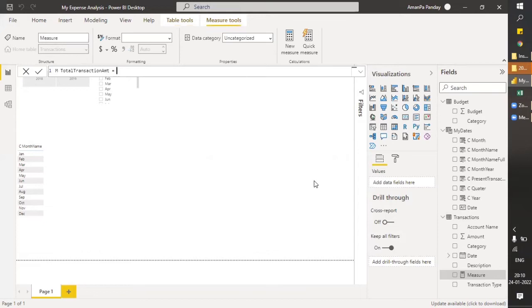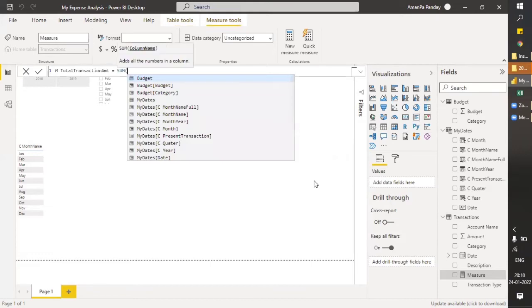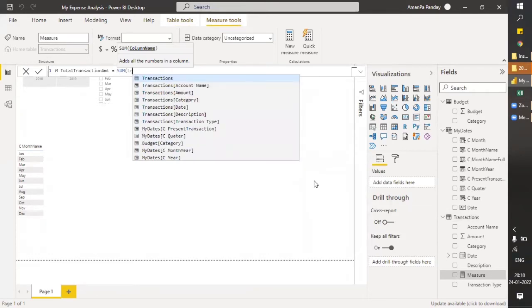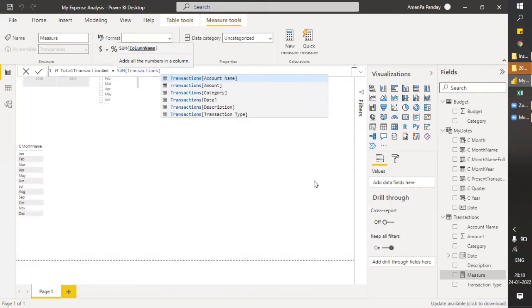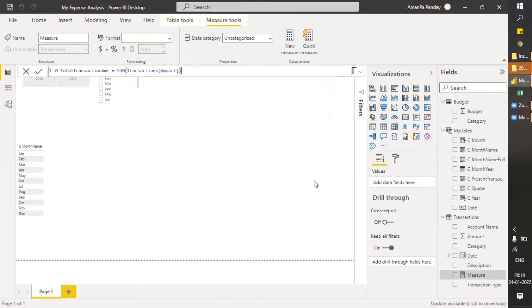Equals to simple SUM, and then just provide whichever column you want to sum. Just the transactions amount column, close the parentheses, hit enter. This will be your total.